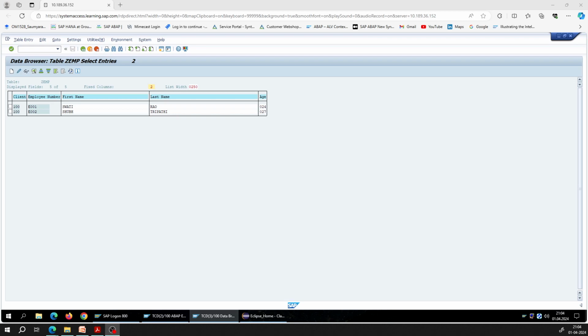So last week we discussed data types and basic concepts of ABAP programming, tables and how to store the data in the table, and other DDIC objects like data elements and domains. Okay, so today we are going to discuss the